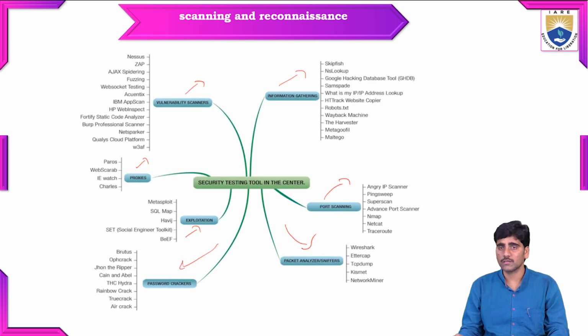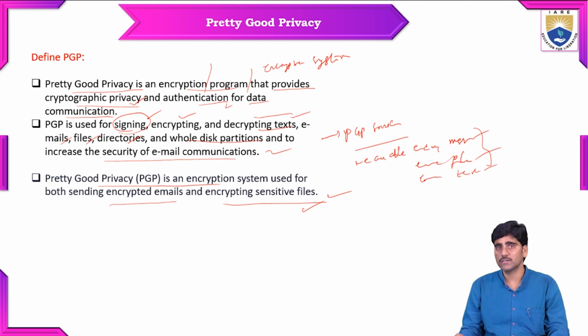Here there are different types of security testing tools: vulnerability scanners, information gathering and port scanning tools, packet analyzer tools, password cracker tools, exploitation tools, and proxy tools. And next, what is the definition of PGP? PGP is an encryption program or system that provides cryptographic privacy and authentication for data communication. So it is used for encrypting your files, your data, your messages,